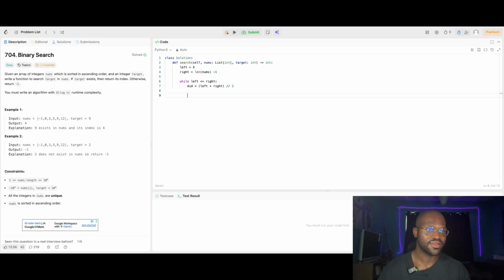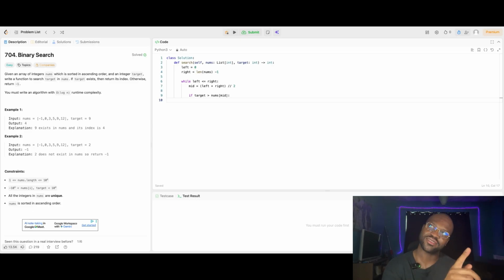So I'm going to say if the target is greater than the midpoint. We're comparing the number, aren't we? So I think I need to do nums at midpoint. Then I'm going to do, if it's greater than